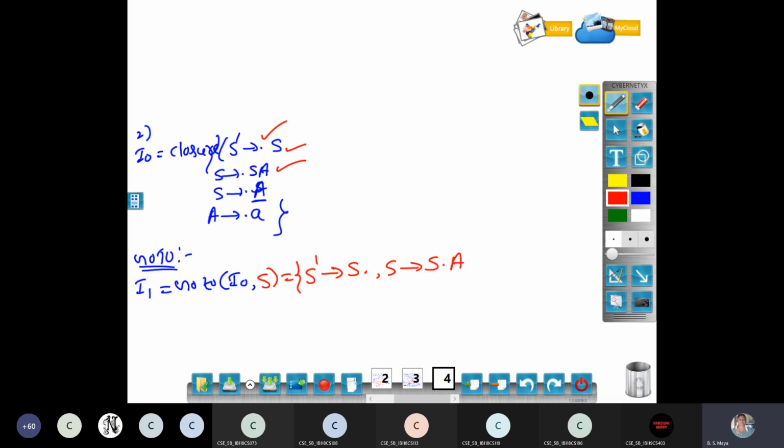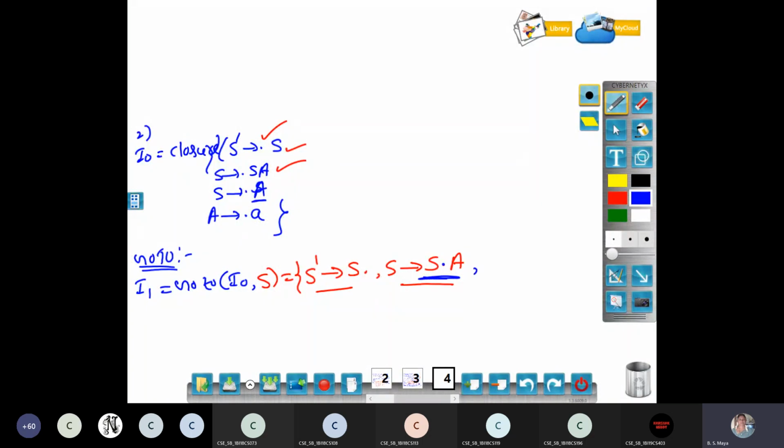After moving the dot to the right hand side by one position, you have to check the resultant. Do you have a dot at the beginning of a non-terminal? Yes, I have this production. After the dot, I have a non-terminal.